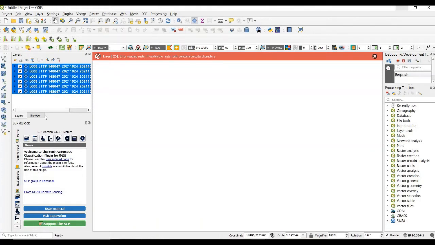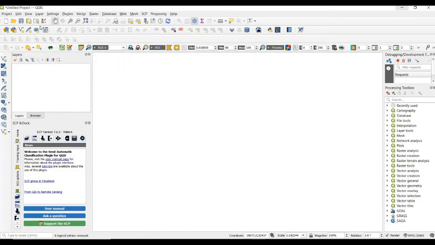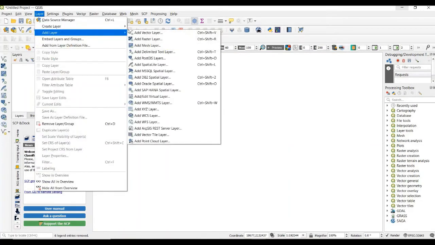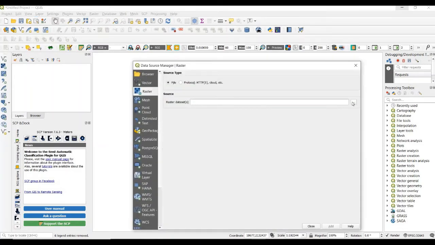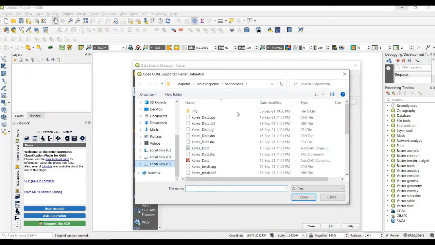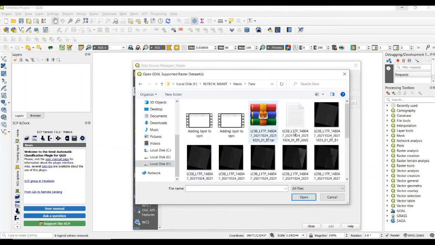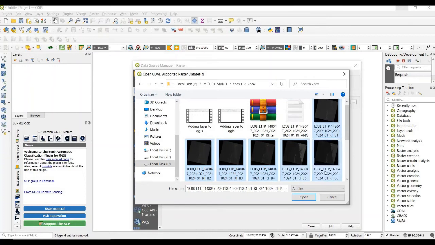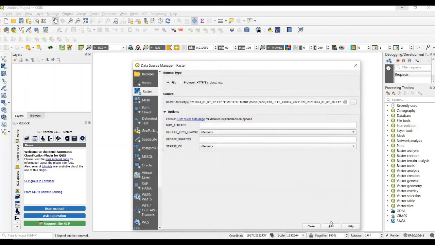First remove this layer and go to layer, add layer, raster layer, give the directory, select band 1, 2, 3, 4, 5, 6, 7, 8 and click open.